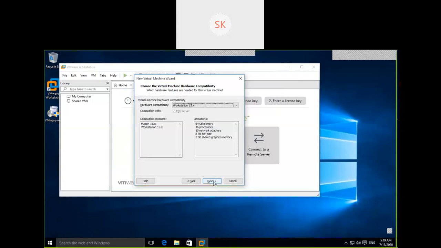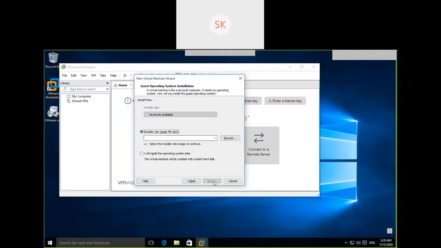Yesterday, I showed you how to check the minimum requirement. Whatever operating system you are going to load, just type in Google Windows 2016 minimum requirements. That gives the information about what the minimum is. So click next. I'm going with 2 CPU and 4 GB RAM for this system.